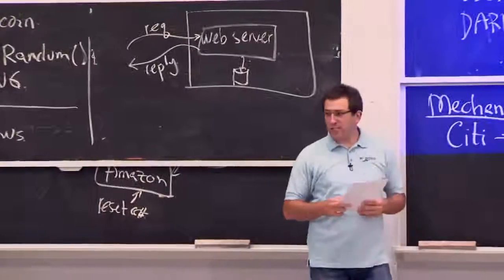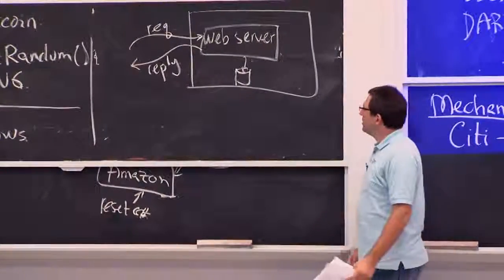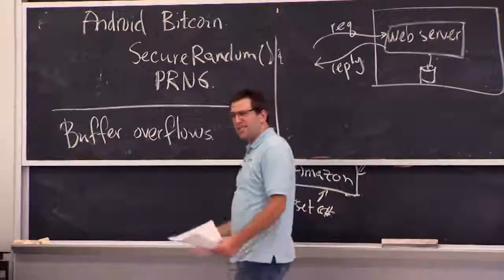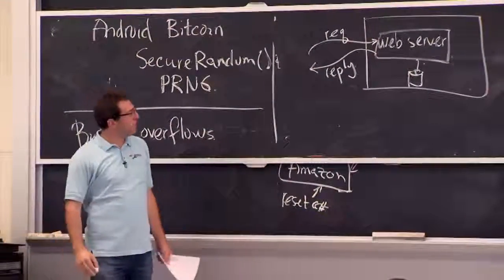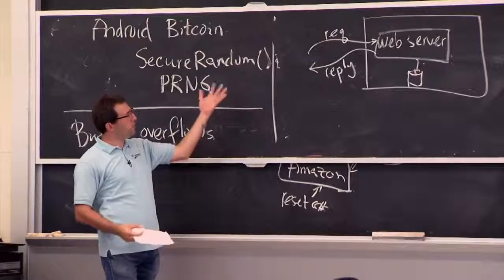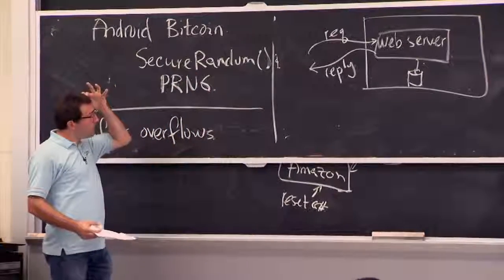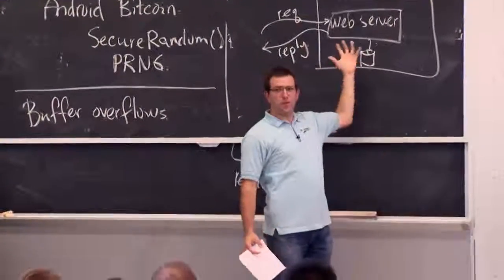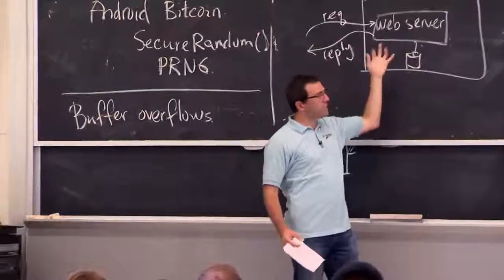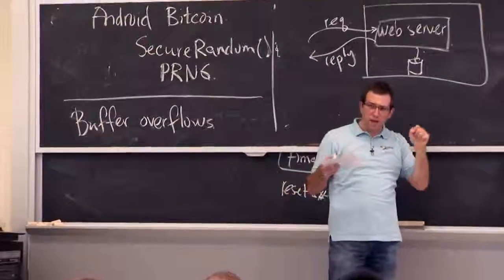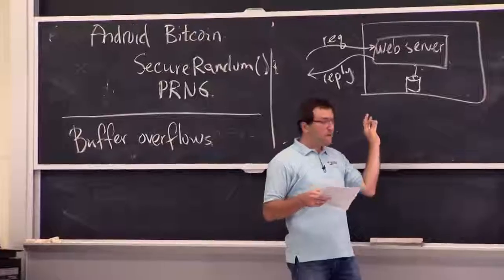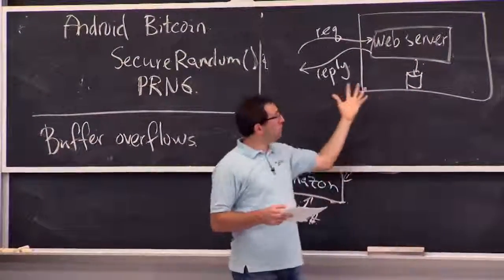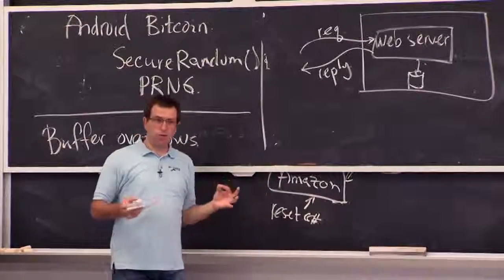And I guess the goal is that this web server shouldn't allow arbitrary stuff to go wrong here. I guess that goes along with what the programmer intended. The programmer probably didn't intend any request to be able to access anything on the server. And yet it turns out if you make certain kinds of mistakes in writing the web server software, which is basically the mechanism here, right? The web server software is the thing that takes a request and looks at it and makes sure that it's not going to do something bad, sends a response back if everything's OK. The web server is this mechanism. It's enforcing your policy. And as a result, if the web server software is buggy, then you're in trouble.